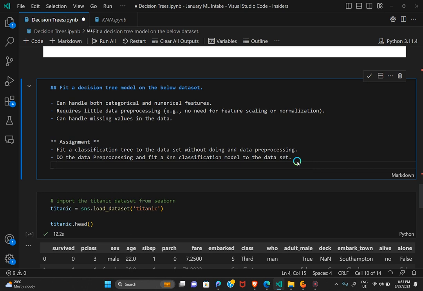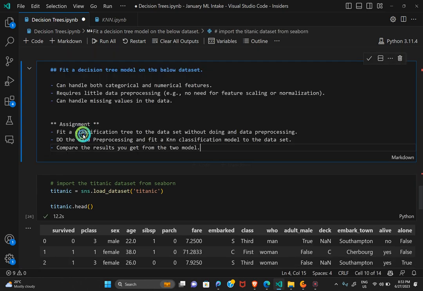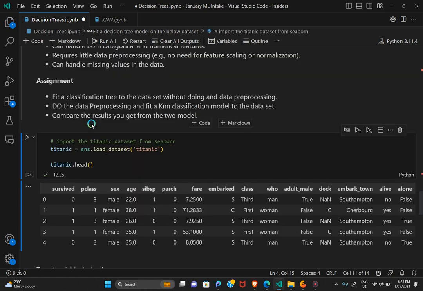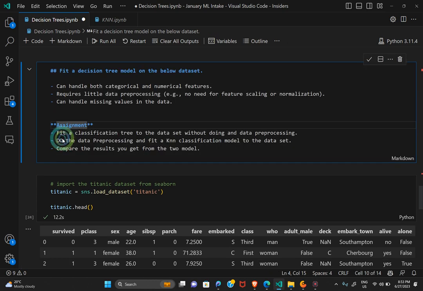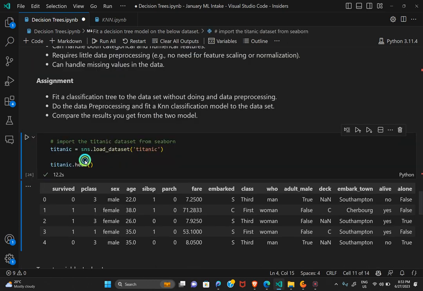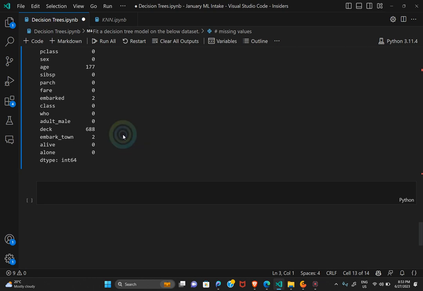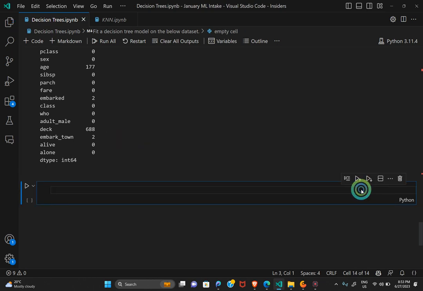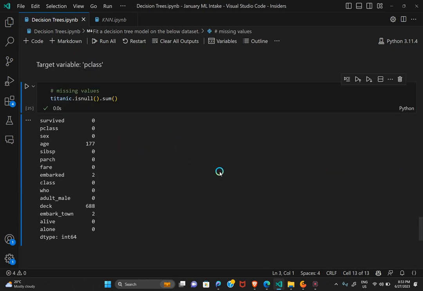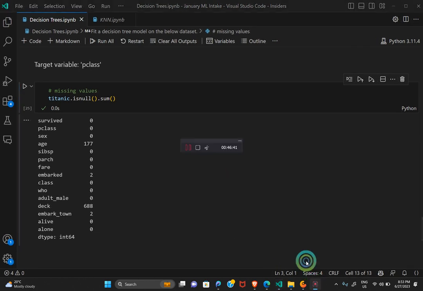So we'll have titanic equals sns.load_dataset titanic .head. Here I'll define for you the target and the feature columns. So we've done classification, right? Today what I want you to do is create a classification model that can predict the